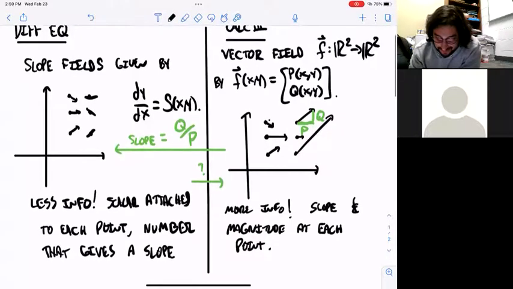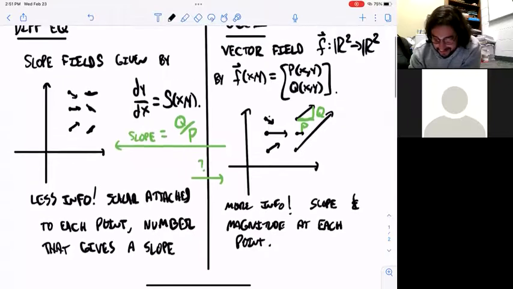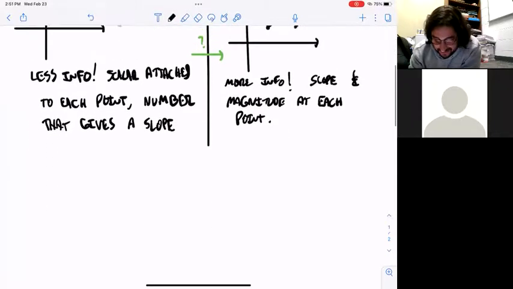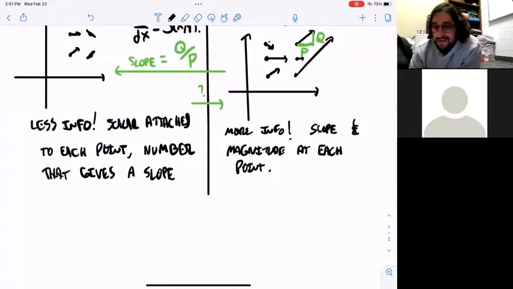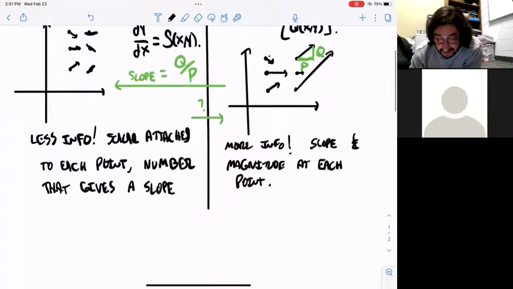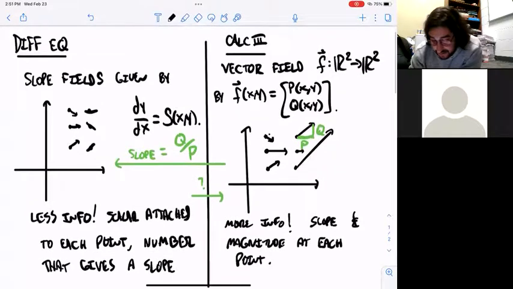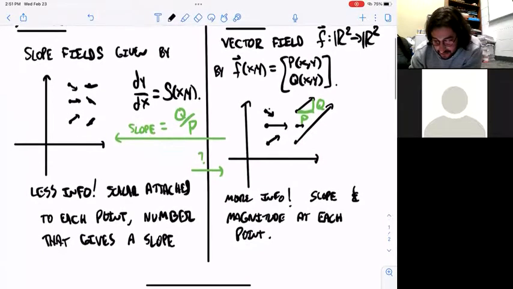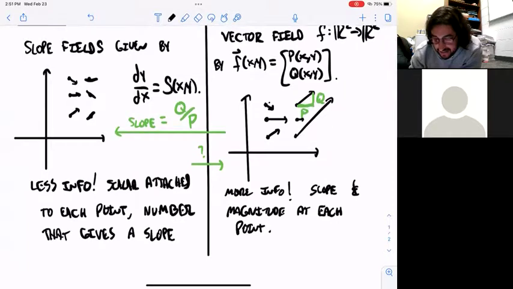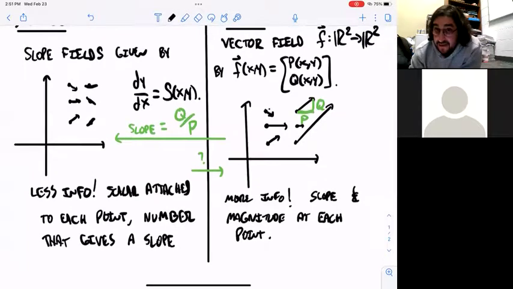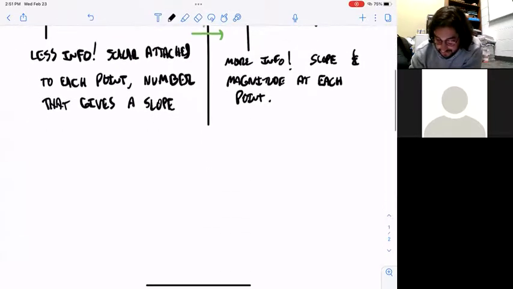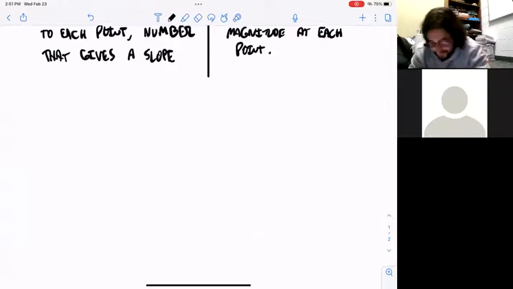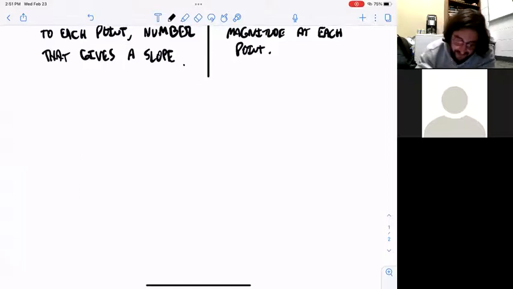Now, of course, we have objects in math, but we don't just look at them and put them in museums, right? We do things with them. We have algorithms and processes attached to these objects. What thing do we do all the time with a slope field that is essentially the same as something that we do with a vector field? Well, here's what I want to do. I claim that very, very similar algorithms on the DiffEq side,